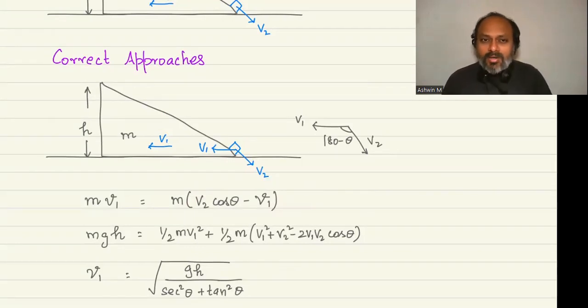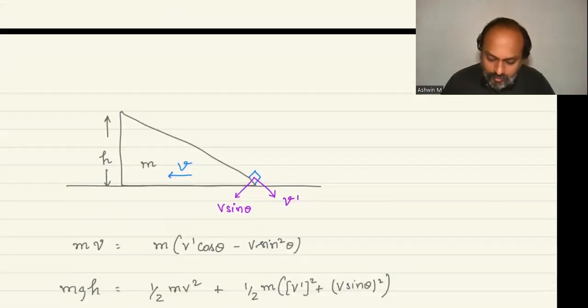Now there is yet another way in which you can assume the variables. Now instead of assuming velocity for the block as seen by an observer on the wedge, I'm going to be doing another approach. This approach, which makes use of an observer on the wedge and then adding the velocity of the wedge to get velocity of the block with respect to ground, so that is vector addition of v1 and v2, is absolutely fine. Now what I'm going to do is a different way of assuming the